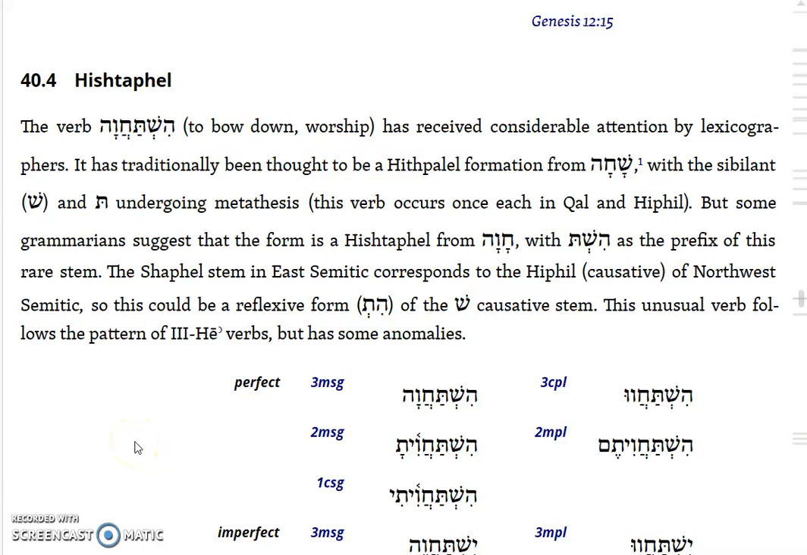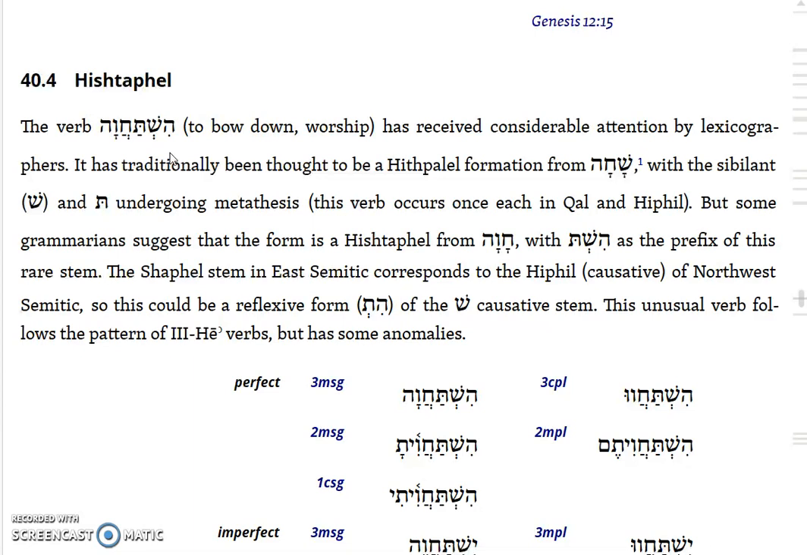Now we come to the last of the rare stems. Although this is a rare stem, it actually is a very common stem in terms of this one verb. It is the hishtafel of the root chava. Now the verbal form that you get in the perfect would be hishtachava, to bow down, to worship,